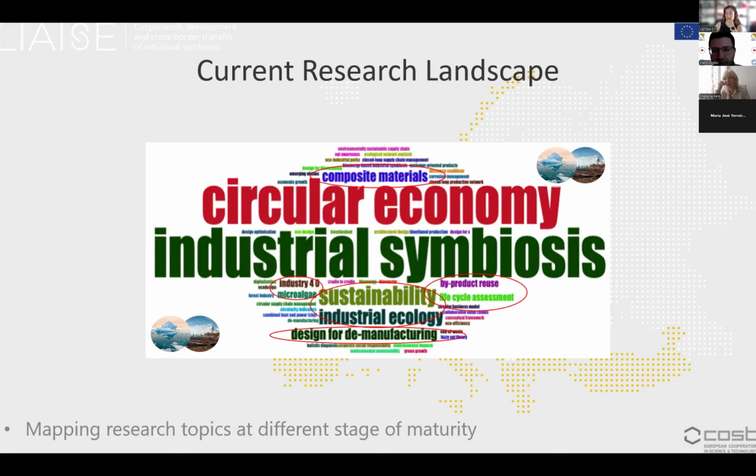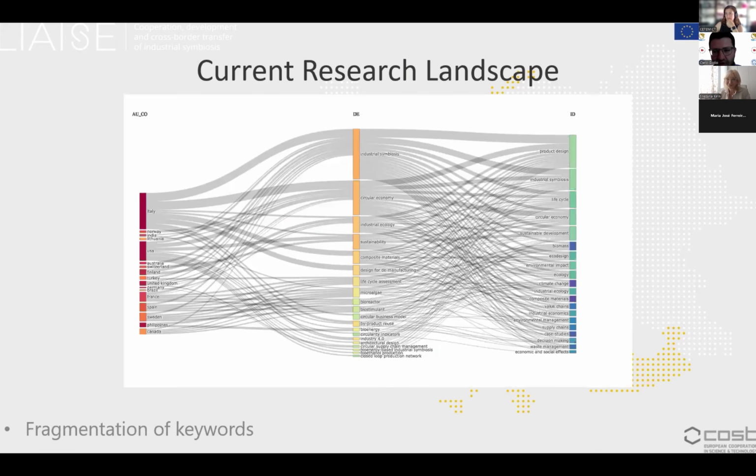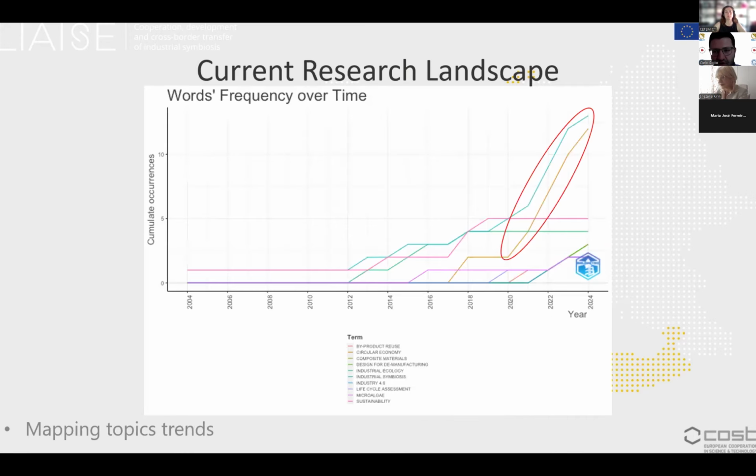And also there is a fragmentation of categories of keywords, as you can see in the last column, that is the categorization according to a keywords plus algorithm in order to demonstrate how the author keywords can be regrouped. Anyway, the word frequency over time does not clarify in itself what we have seen with the word map.